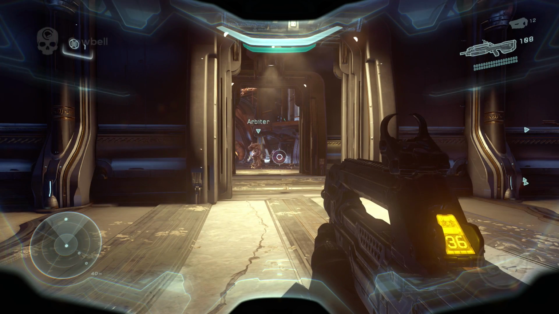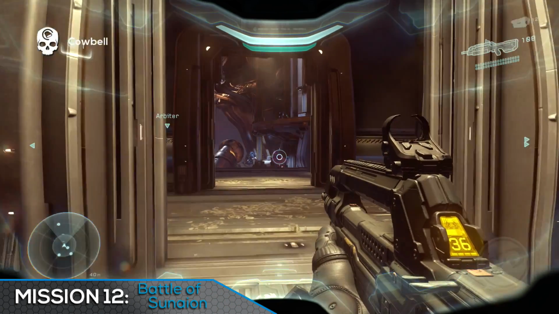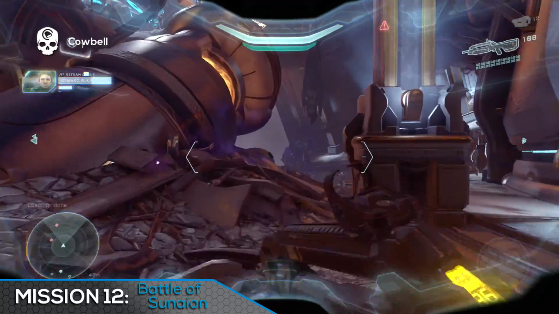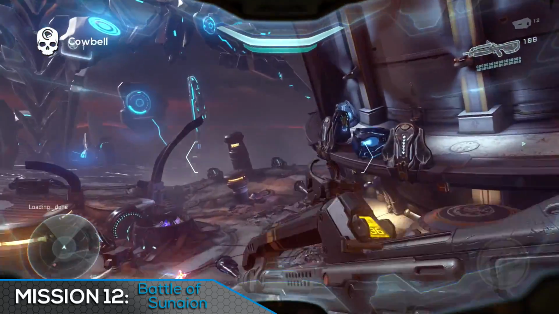Mission number 12, Battle of Sunaion. Hopefully I pronounced that right. This is at the end of the mission. You want to head all the way out towards the back of the area, basically where you can fall to your death. You're going to see a rail. Follow that rail